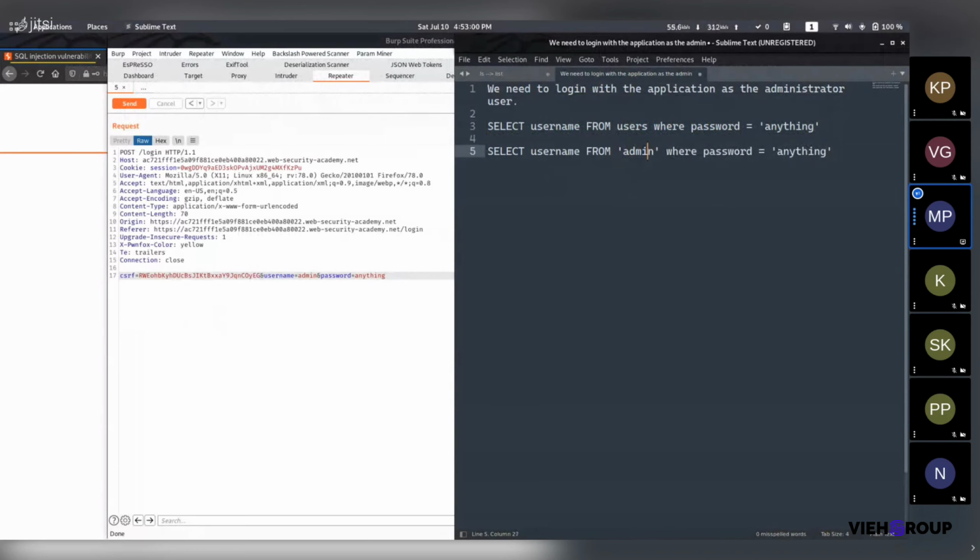So it has a SQL vulnerability. If we add quotation, we get an internal server error, and we need to log in as administrator. So let us try administrator and then quotation.